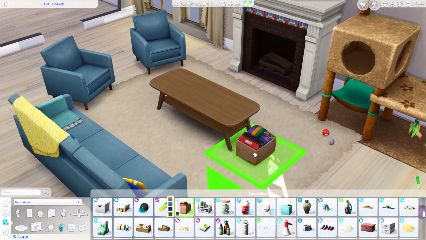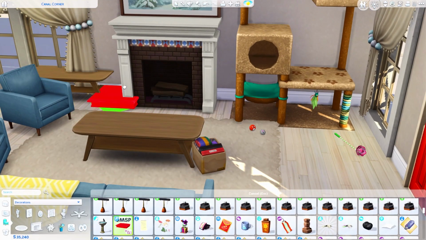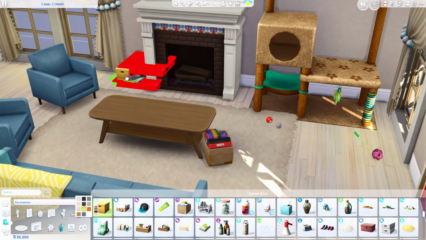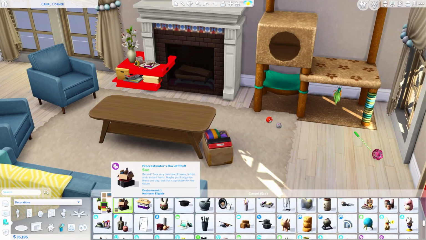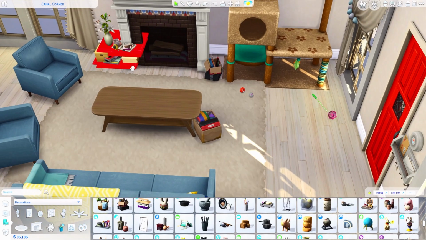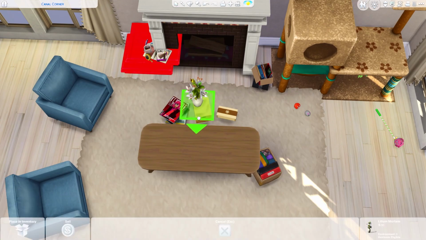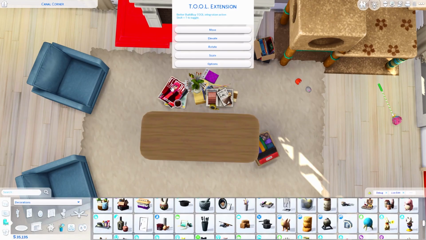Of course, as I said, this sim doesn't clean that much. I mean, it's not like they're dirty. I mean, they have to be, but they are just really, really messy, and they just have a lot of things scattered around the house. You can see now that I'm decorating the coffee table, and I'm gonna be adding so many things. It's ridiculous how many things I added, and some things that just don't really